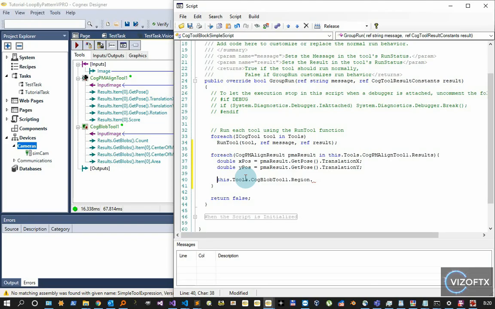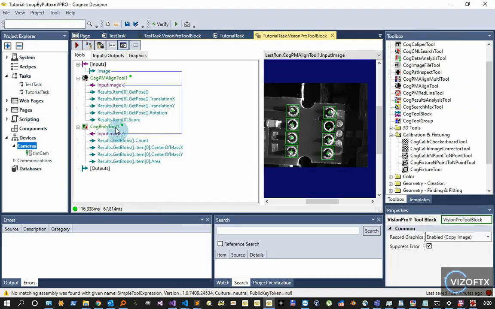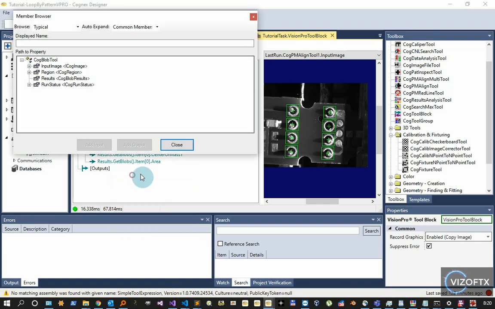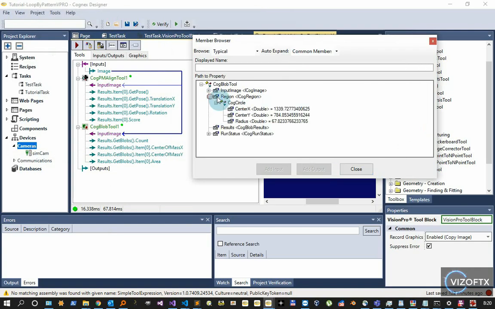I'll comment it out because I need to check how it actually looks in that region. I'll compile it so I don't lose any changes, even though there shouldn't be any, but just to be safe. And I'll add terminals so I can see how that region is set up here, XY. The way I see this ICOG region, so the region is of type ICOG region, which is actually just an